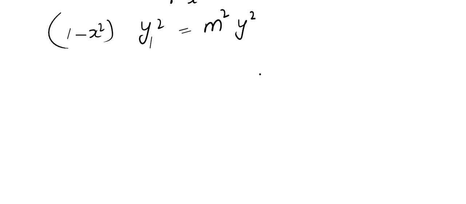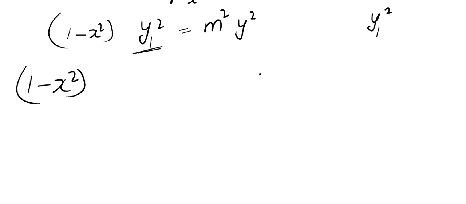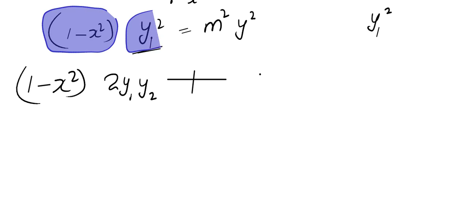So please write differentiating again with respect to x. So we get 1 minus x square into, at this point I'll strongly recommend you to watch the previous video, because in the previous video I explained very clearly how to differentiate y1 square. Okay, anyway, in this video I'm not going to explain. So something squared gives you 2y1, and y1 the derivative is y2. Plus we have to apply product rule. I think you can see the product u and v. Okay, so y1 squared into 0 minus 2x